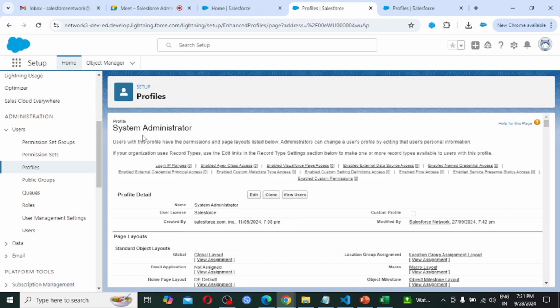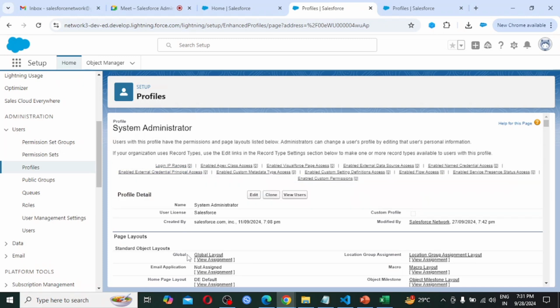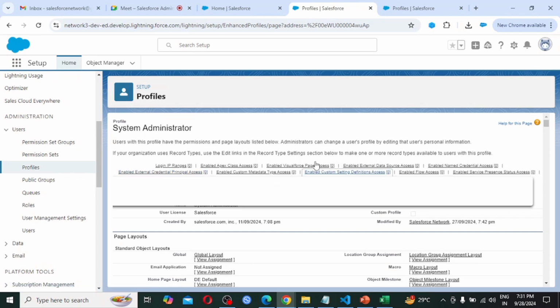Here we are seeing that users with this profile have the permissions and page layouts listed below. All the permissions listed here are obtained by using this System Administrator profile.